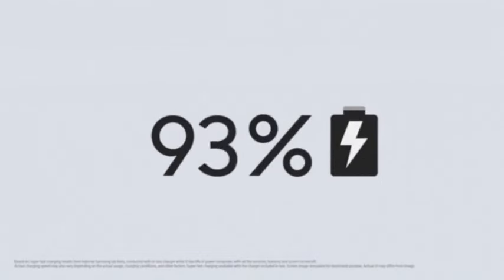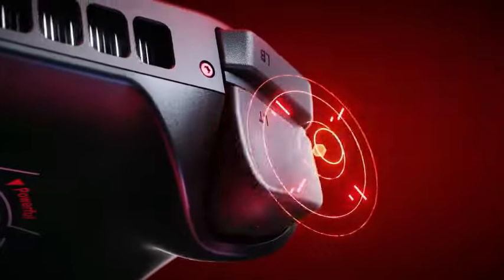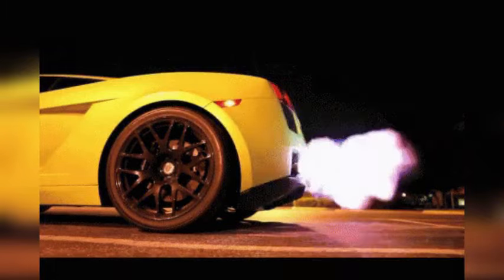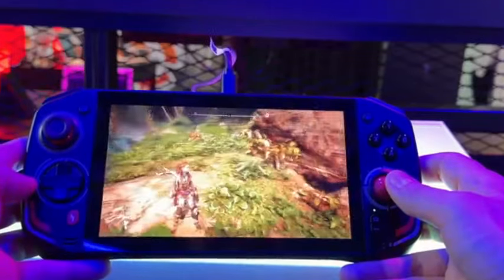Okay, let's talk about that 50 watt-hour battery. I'm not going to sugarcoat it. This is where things start to fall apart for the Nitro Blaze 7. With all that power under the hood, this thing guzzles battery life like a sports car on nitrous. You'll be lucky to get a couple of hours of gaming out of it before you need to plug it in. For comparison, other gaming handhelds like the